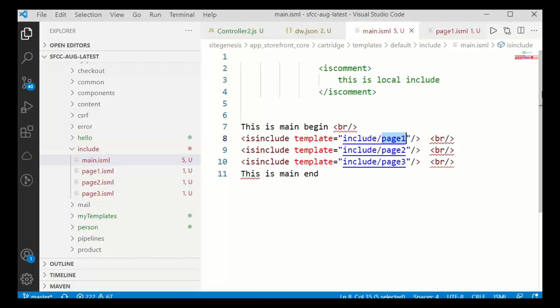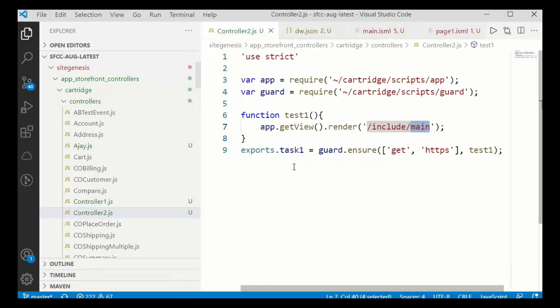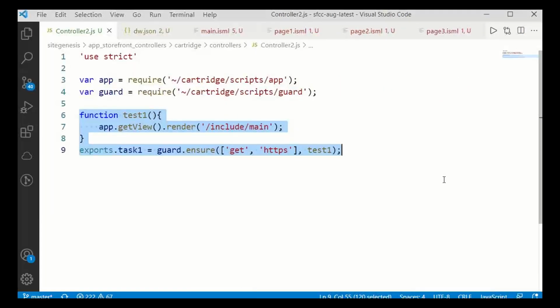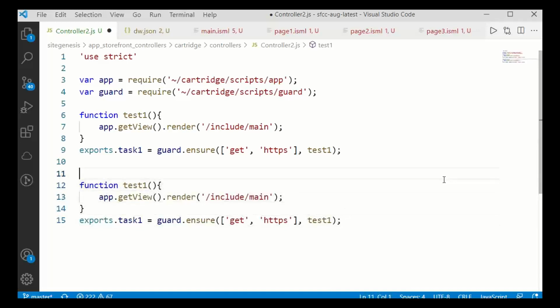Let us see another type of include. Please observe. Copy the same. I'll develop a test two. This time I'm choosing home.